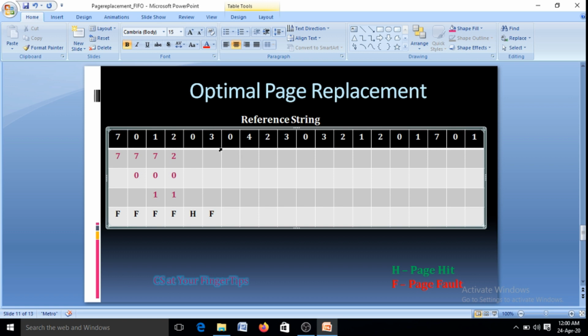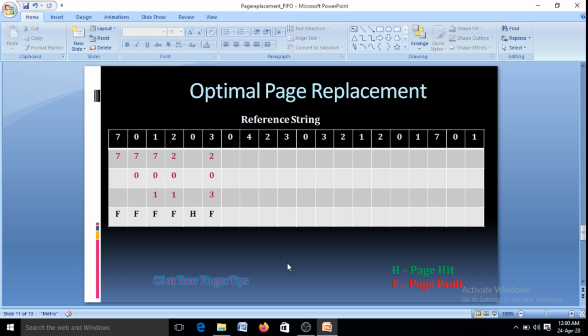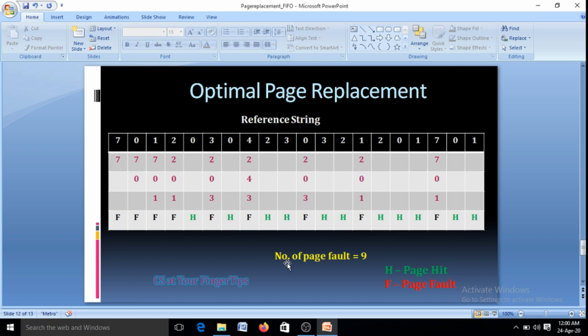In this case we can say that 0 will be used in the next reference, and 2 is also used in the coming 2 or 3 references, and 1 is the page that will not be referred to for so long in the future. Therefore 1 will be replaced with 3, and there is no change in the other pages. If we proceed like this, we will get the final table as follows. And from this table you can see that the total number of page faults here is 9.